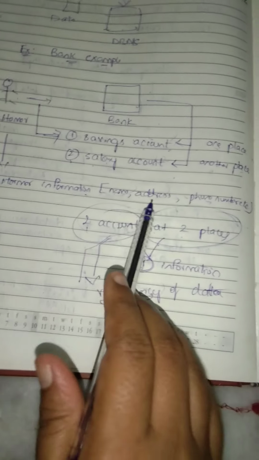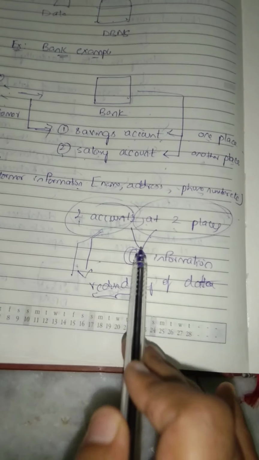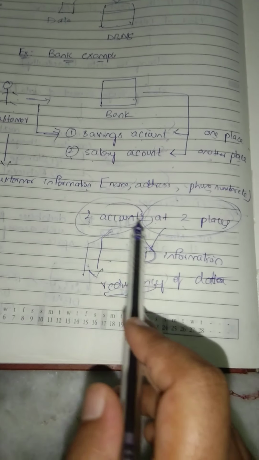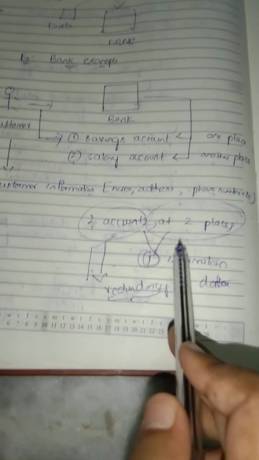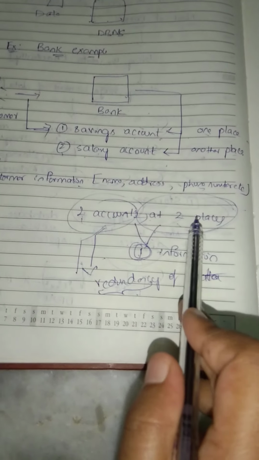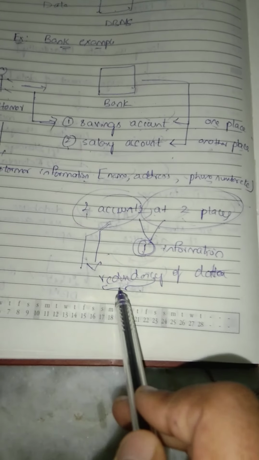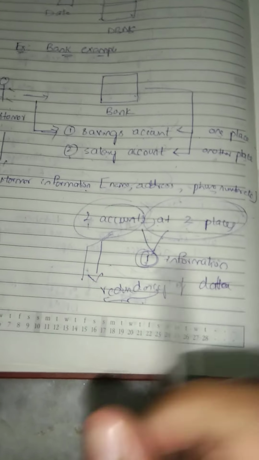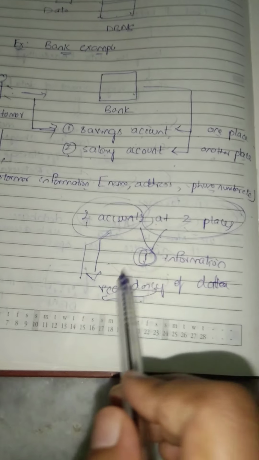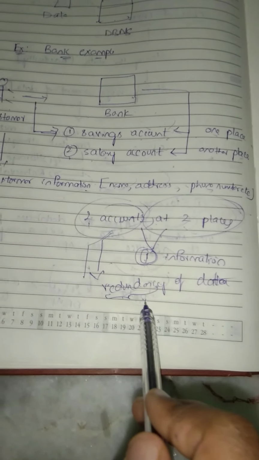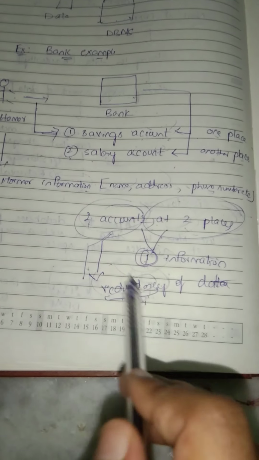Here the bank created these two accounts at different places but with the same information, right? The customer is only one person but has two accounts at two different places. That means the same information, the same data, is being used in two places. This is the wastage of data, right? It wastes storage, and space complexity also occurs here, wasting the space and wasting the data. So to overcome this problem,